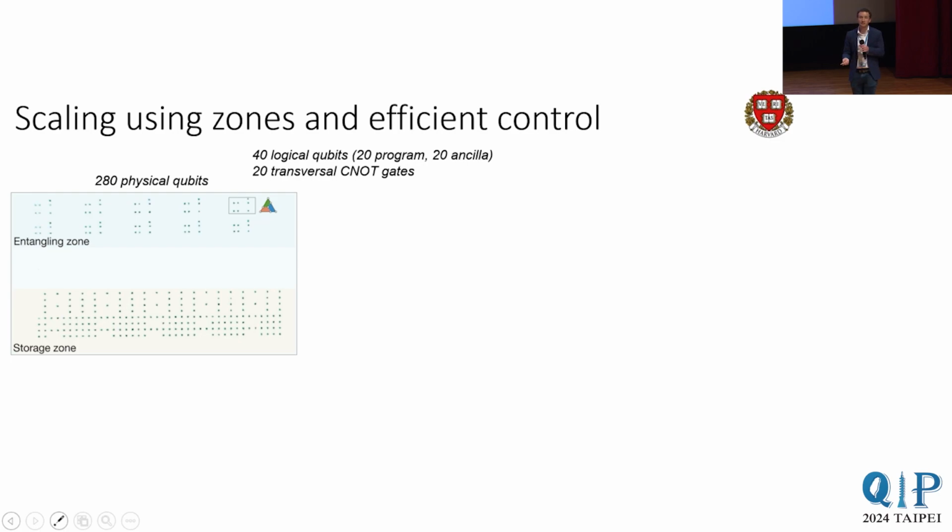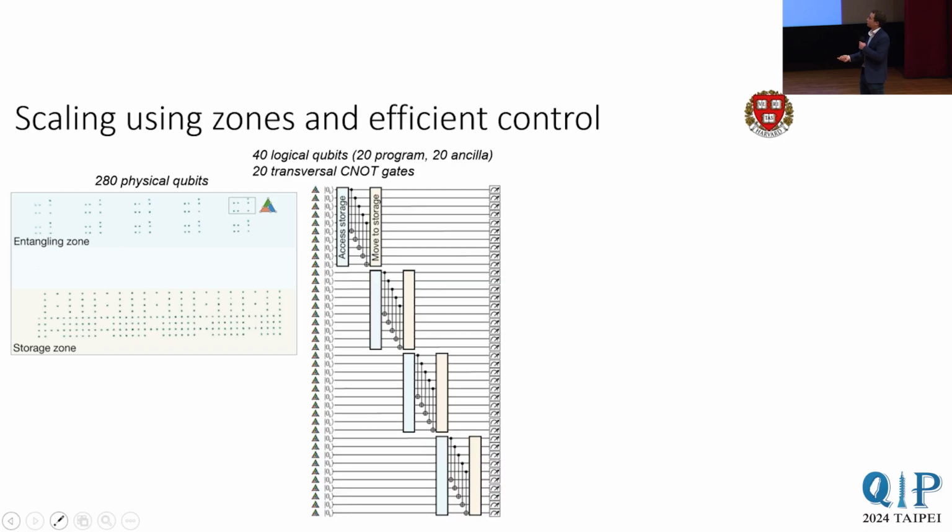Another thing that you can see is that this approach pretty directly scales. So we can use this zoned approach where, for example, what I just showed you, you make 70 physical qubits encoding 10 color codes, but then we can directly scale it, and for example, make 40 of these distance 3 color codes. And the way we do this is we entangle qubits, drop them off in storage where their coherence is long-lived, and then we pick up more qubits, do all these operations again, drop them off.